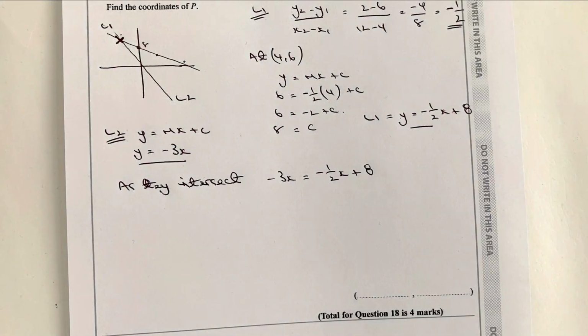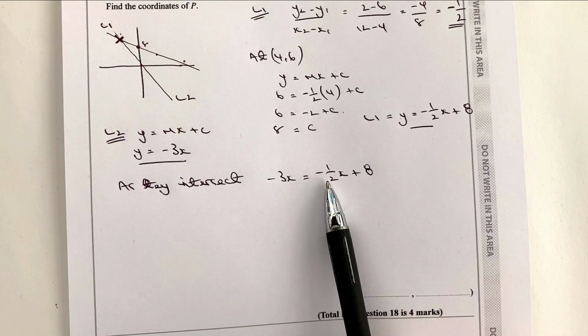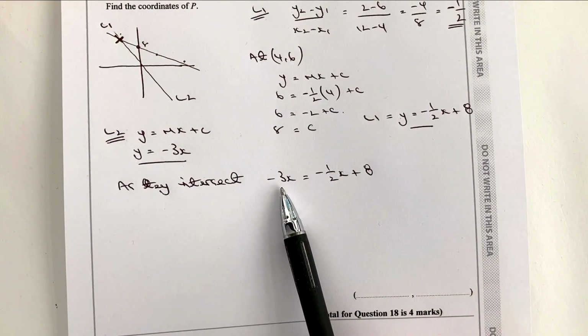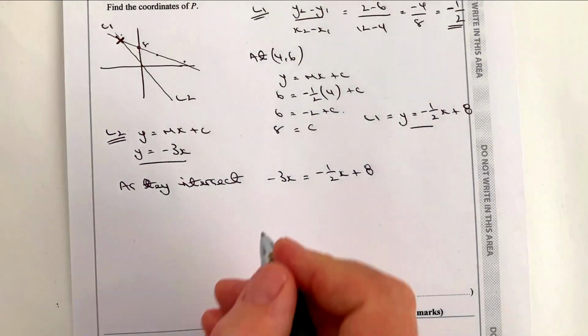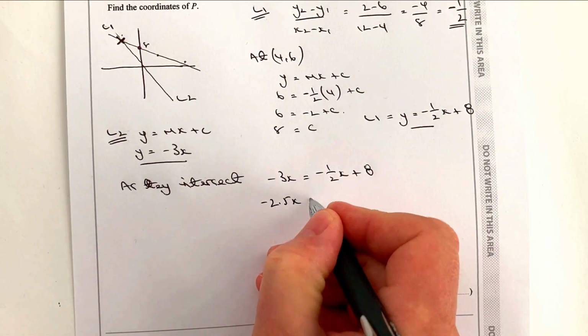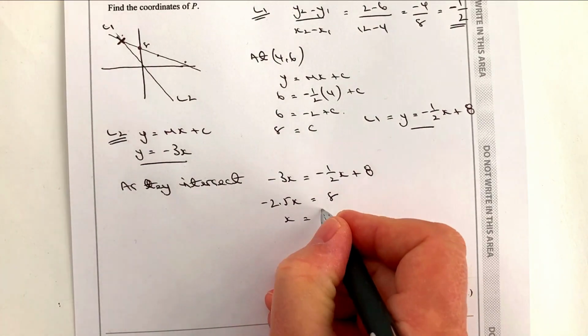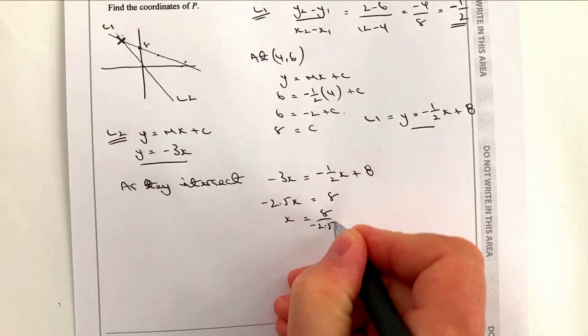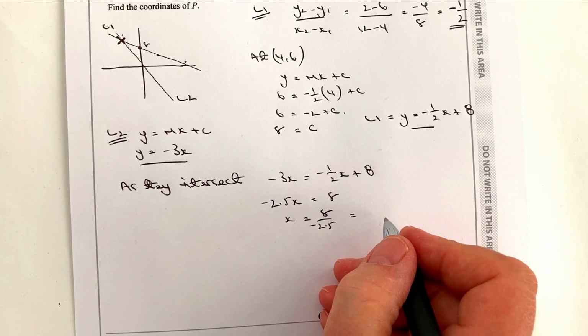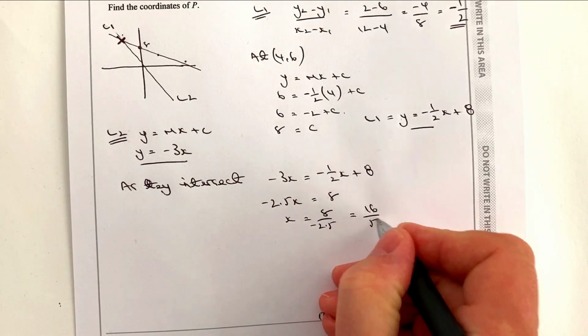Then it's a case of working this through until we get our value of x. If I add a half x to both sides, I'm going to get minus 3x plus a half of x, which gives me minus 2.5x, and that equals 8. If I divide through by minus 2.5, I get x equals 8 divided by minus 2.5, so x is going to give me a value of minus 16 over 5,